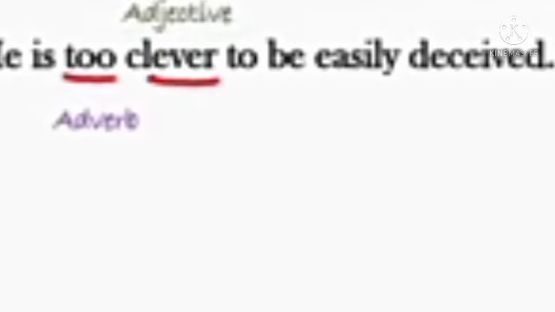He is too clever to be easily deceived. So in this sentence we have adverb too, which is followed by an adjective clever and then by a verb in the infinitive mood. So children, let us transform this sentence by replacing too with so. So we will write here, he is, in place of too we will write so. Okay, and after so we will add the adjective. Here adjective is clever. So the sentence is he is so clever. So our first clause is completed.